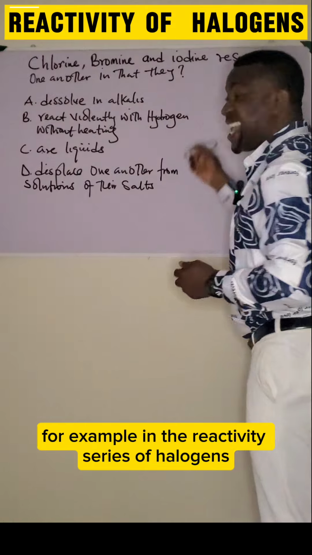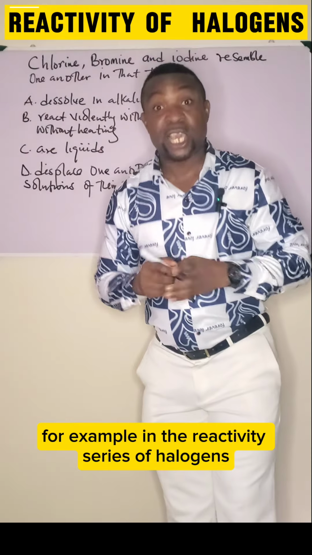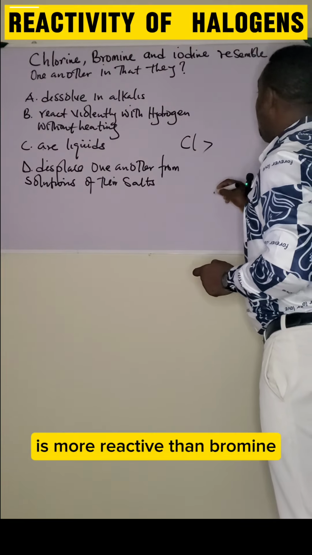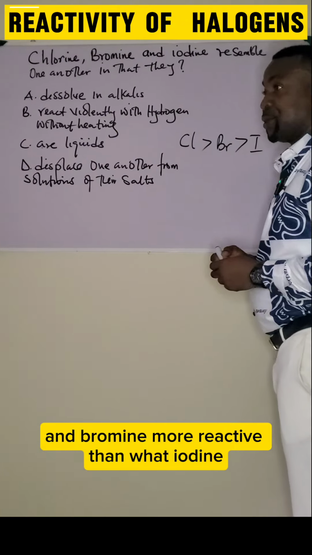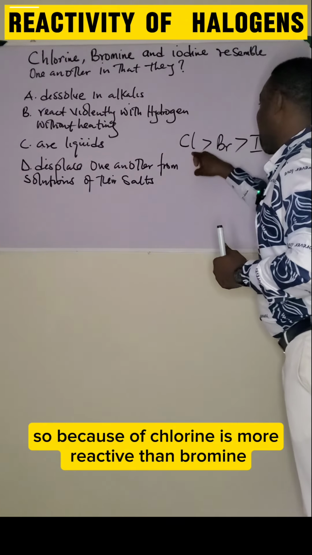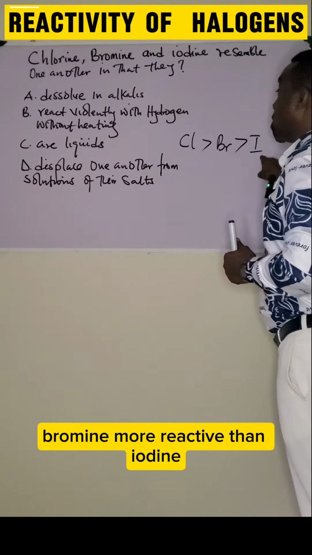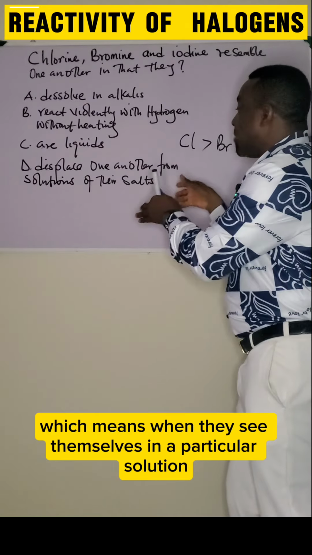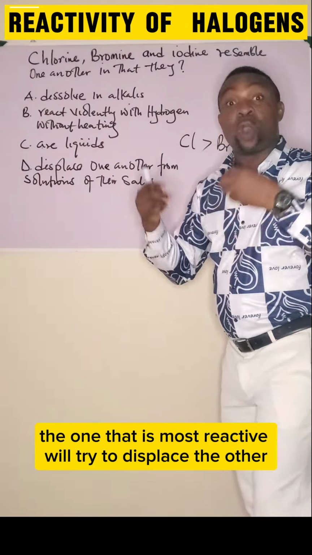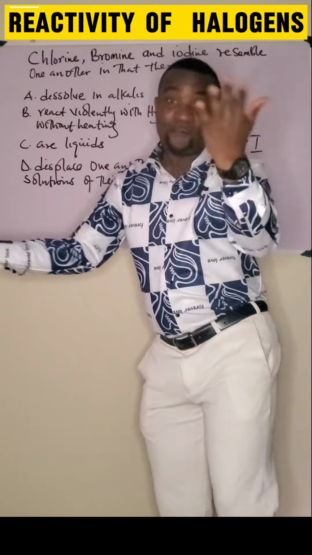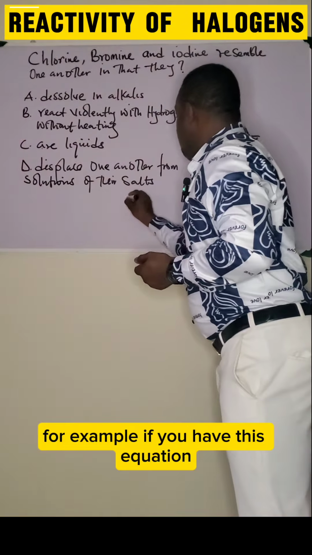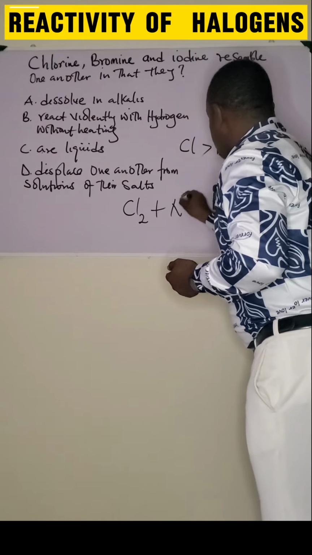For example, in the reactivity series of halogens, chlorine is more reactive than bromine, and bromine more reactive than what? Iodine. So because chlorine is more reactive than bromine, and bromine more reactive than iodine, when they find themselves in a particular solution, the one that is most reactive will try to displace the other. For example, if you have this equation,